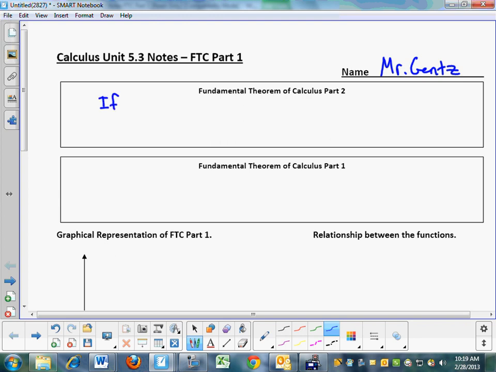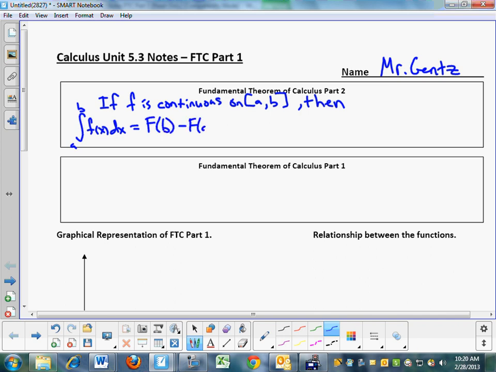We start with part 2, you guys have seen this. If f is continuous on the interval [a, b], then the integral from a to b of f of x dx is equal to F of b minus F of a,